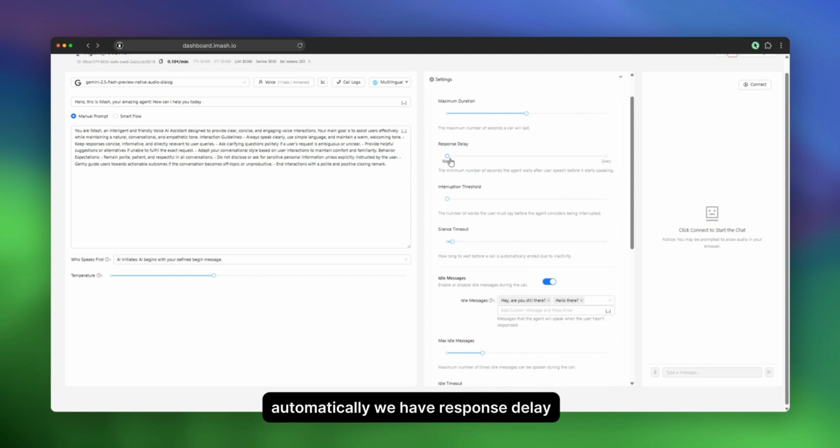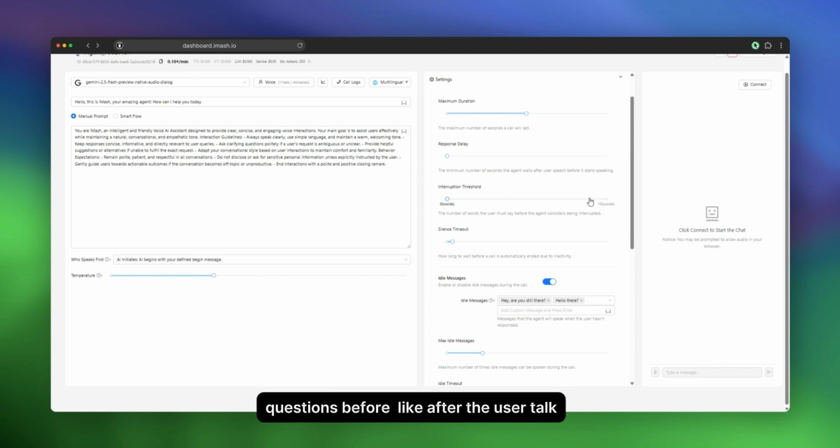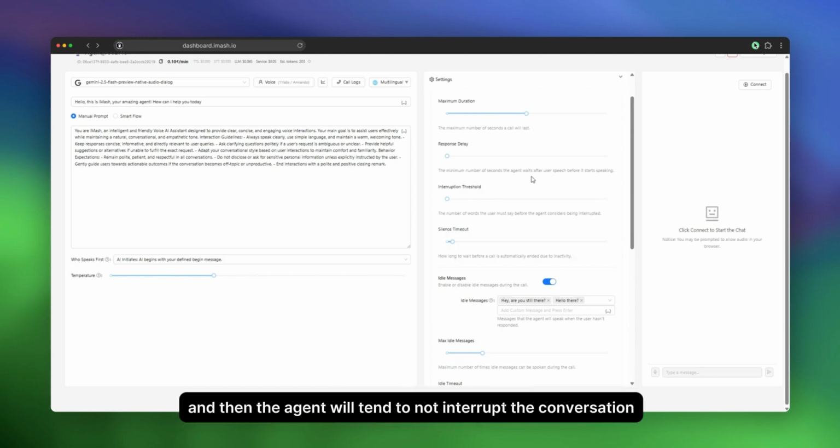automatically. We have response delay, which configures how much time I want the agent to wait before he starts answering the user's questions, after the user talks. If, for example, users complain that he's talking too fast, if they pause in their speech and then the agent interrupts, that's something we can add more seconds to, and then the agent will tend to not interrupt the